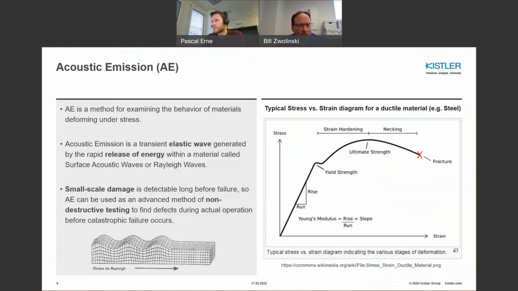So we call this a surface acoustic wave or a Rayleigh wave. And now this is somehow related to how materials behave in the stress and strain diagram I have to the right. It's very classical, where you see quite a linear operation, stress versus strain, and then you see the nonlinear region in the plastic deformation region where the material is being excessively stressed, and those areas are where you're really able to